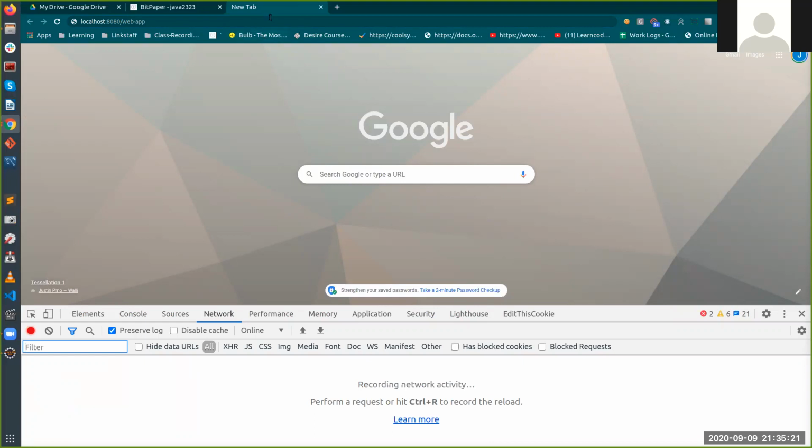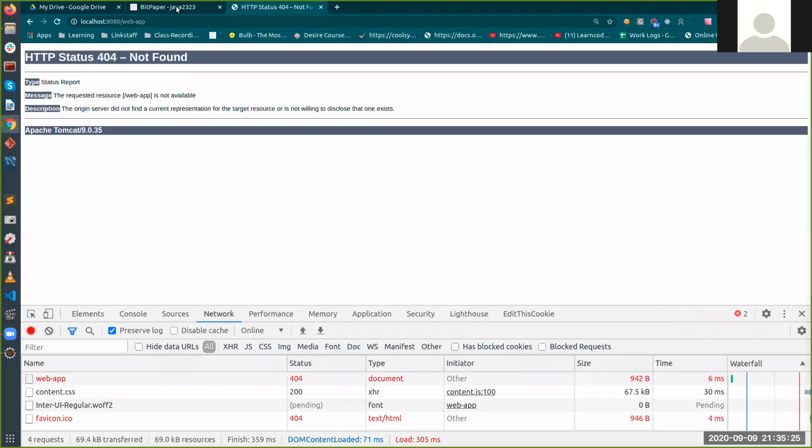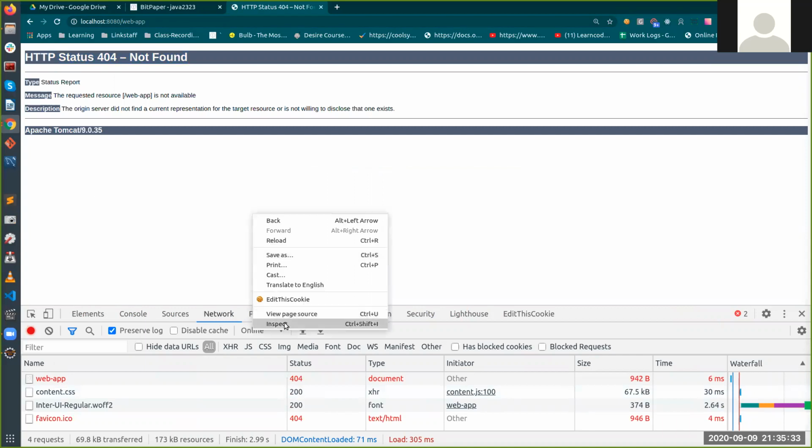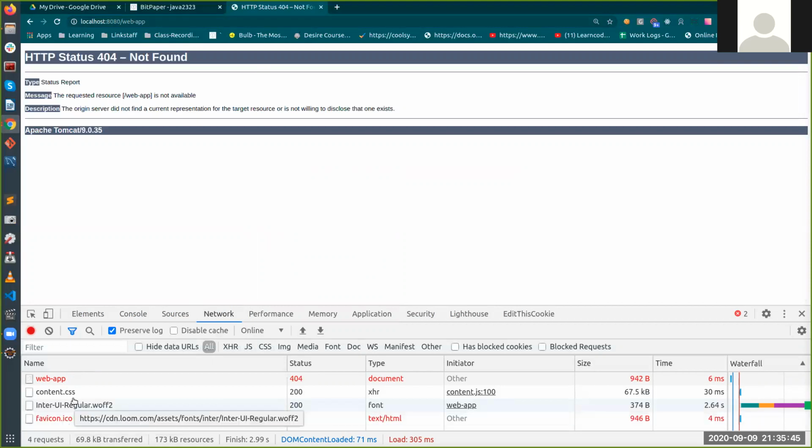For example, if I just write, I click this, I run this request. Now, though it is an error request, not an issue, I just wanted to show you, you inspect it inside the network. I opened up this tab using the right click and inspect option. So you get this tab. Inside this, open the network. Whatever URLs you call from your browser or whatever it runs, every request can be displayed over here.